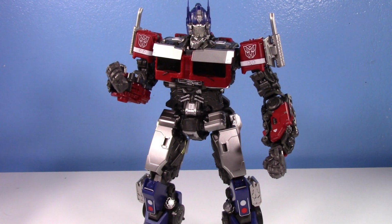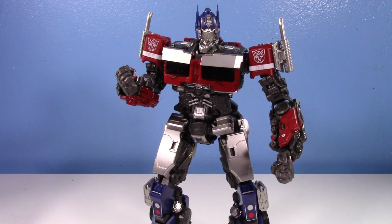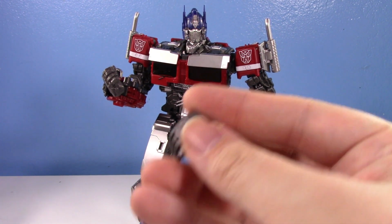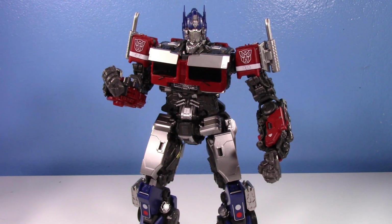Like I said, the only critique that I have, and it's not even anything marking against the figure itself, I just wish it came with a little bit more. I would have loved the hand cannon, the arm blades, a faceplate without the mask on. That's not a knock towards the figure at all. The figure's incredible. They might do a deluxe version at some point, maybe. He does have this trigger finger hand. Maybe they were going to give him a rifle. I'm only assuming it might have been a budget cut issue, but still, I'm not going to hold it